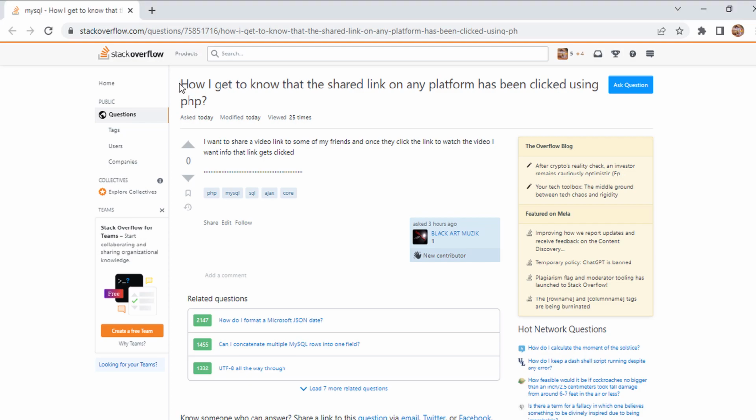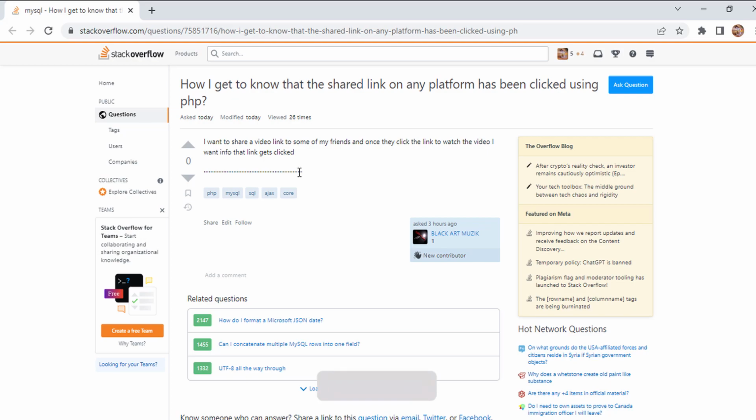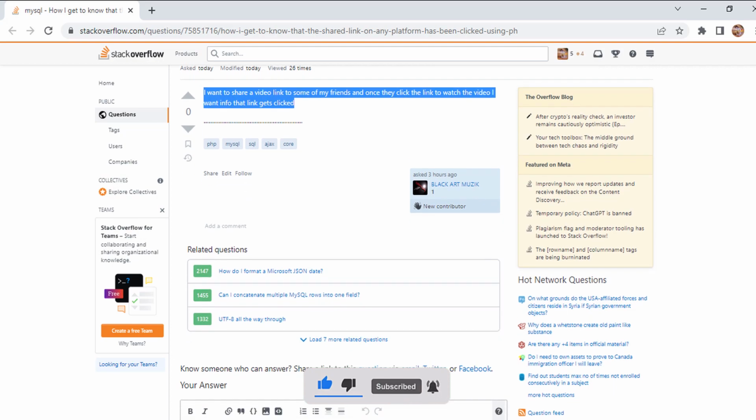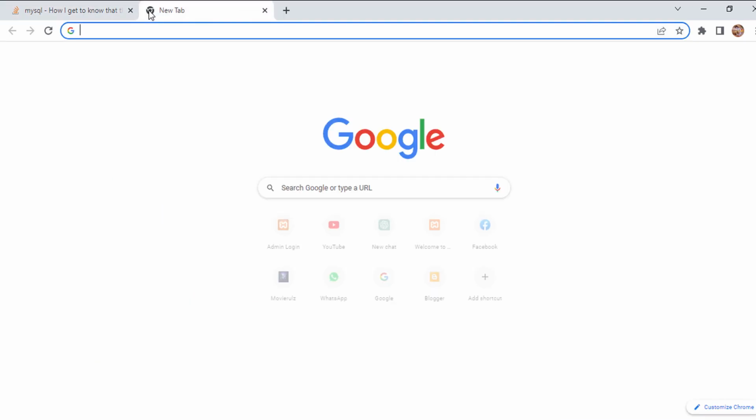Do you want to track the number of clicks on website links or any other web links you share? Knowing how many clicks your links receive can help you to understand the audience engagement level and optimize your marketing strategy. In this video, we will show you how to track clicks on any website links using our coding language, which